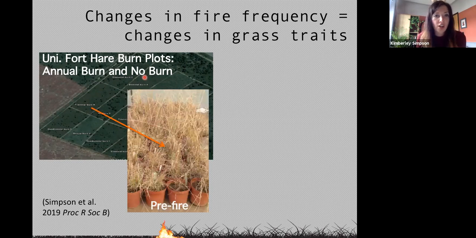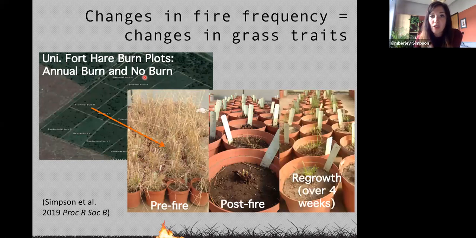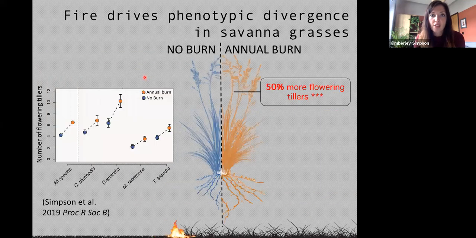At this point, I took some measurements, so the number of flowering tillers that these individuals had, and I also did some destructive harvests to see how they were allocating biomass below and above ground. I then burnt all of these individuals, which was great fun, and then I tracked their regrowth over a month. And what I found was that these